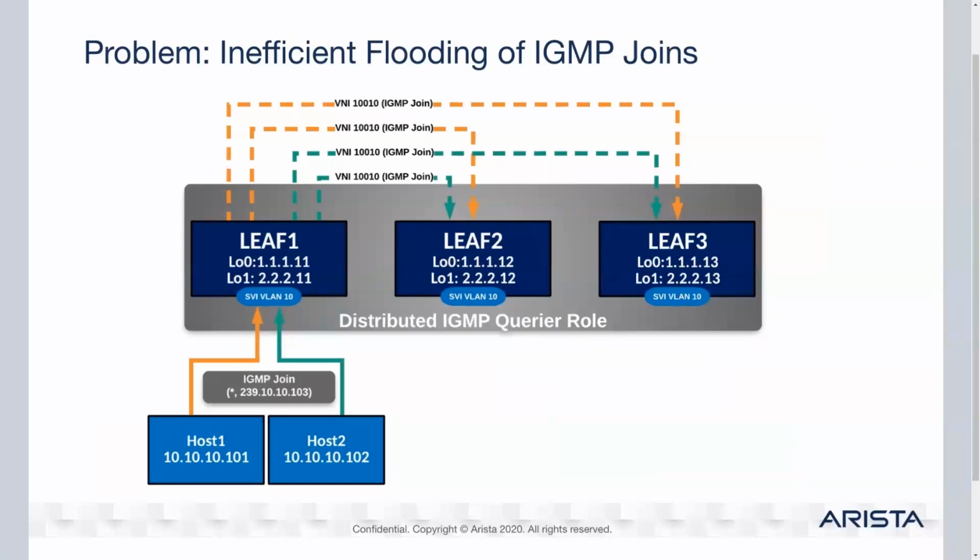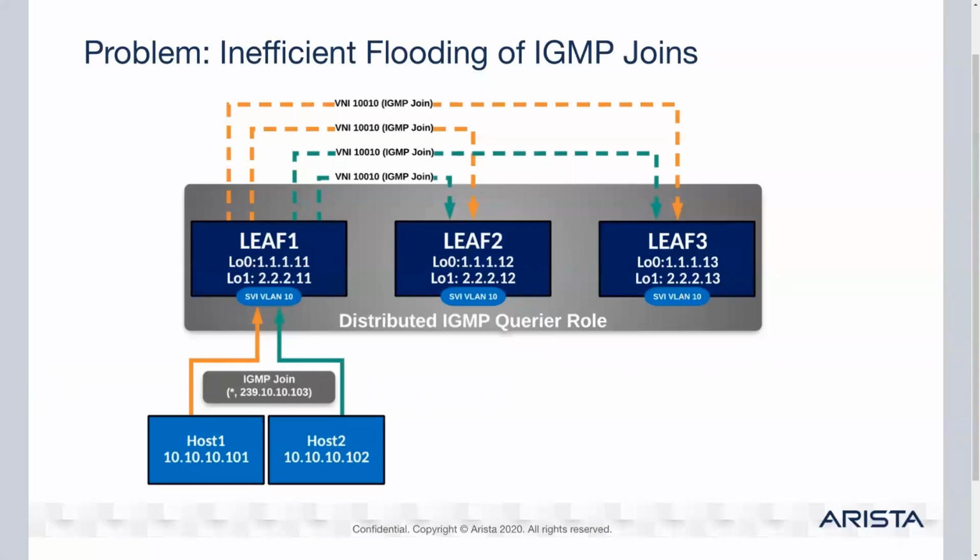So in order to ensure that all of the remote VTEPs servicing the bridge domain are aware of these interested receivers, the IGMP joins would need to be flooded across the EVPN domain. And this also results in inefficient, and in this particular scenario, redundant flooding of IGMP joins between all remote VTEPs. So the solution to this is where the Type 6 Selective Multicast Ethernet Tag, or SMET route, also simply known